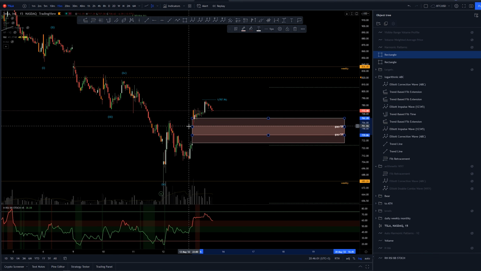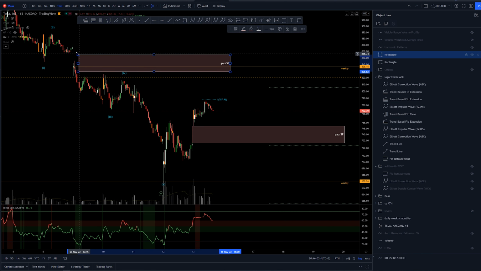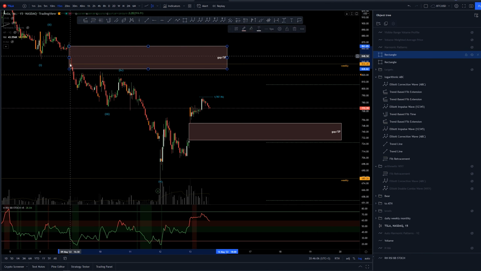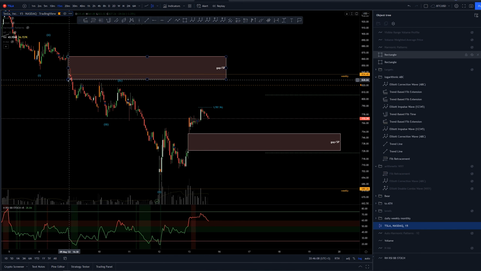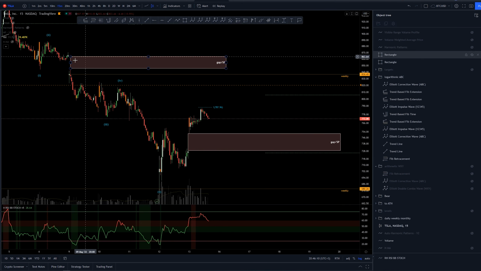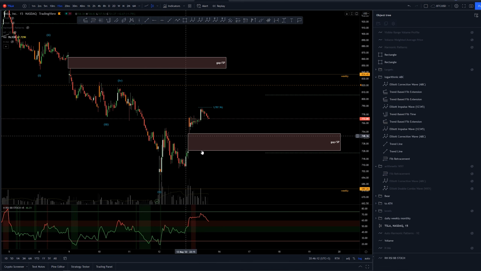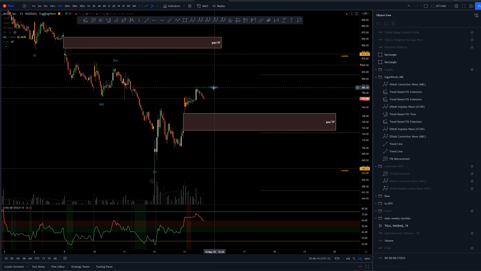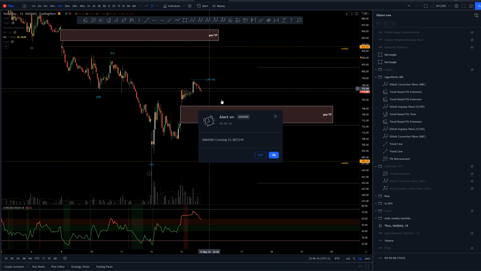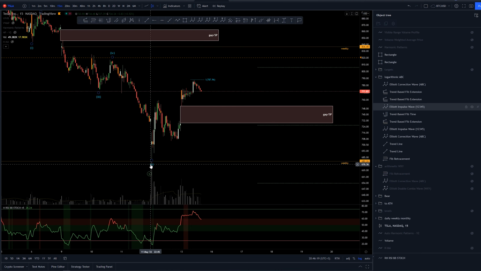We have another gap all the way up here though. Let's mark that as well and put it here, as that hasn't been filled yet. Now again, currently making this